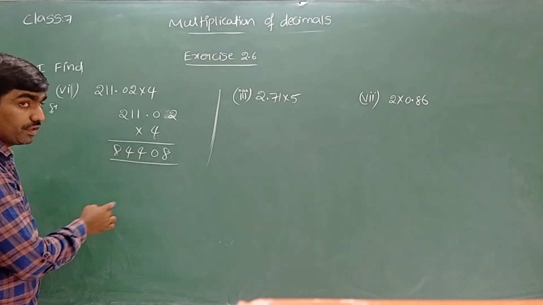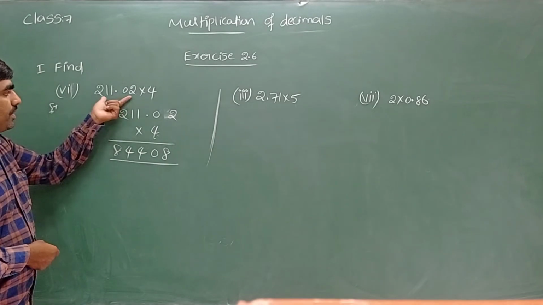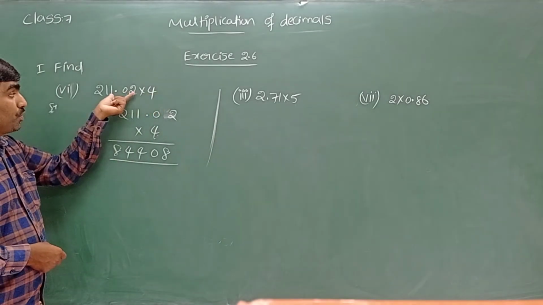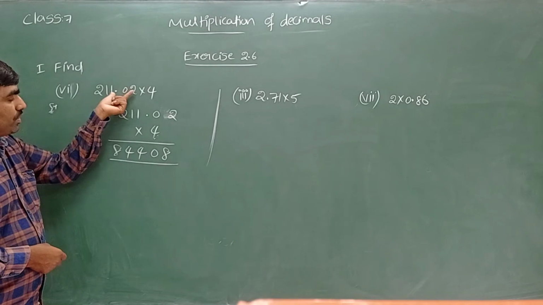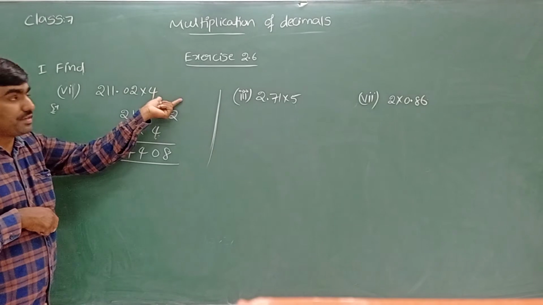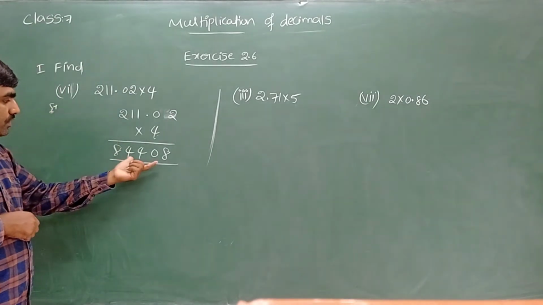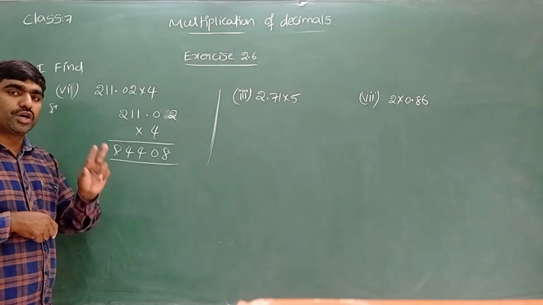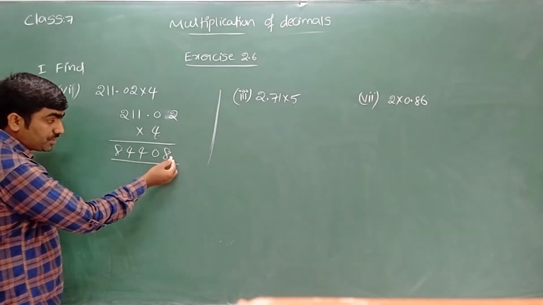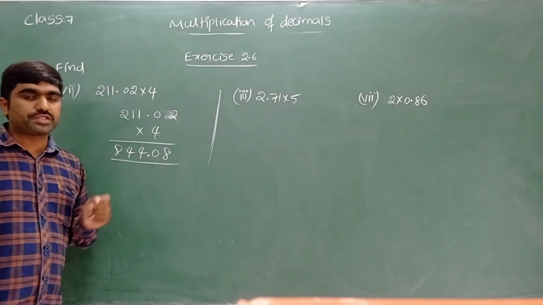Yes. Now in that product, in that result, where we have to keep the decimal point? Let's see now. In the given decimals, here I can see 2 decimal places, here no decimal places. Sum of decimal places in the given decimals, 2 plus 0 is equal to 2. So the product must contain how many decimal places? 2 decimal places. So by keeping the decimal point from the right side onwards 2 digits before, we can see that the product is containing 2 decimal places.